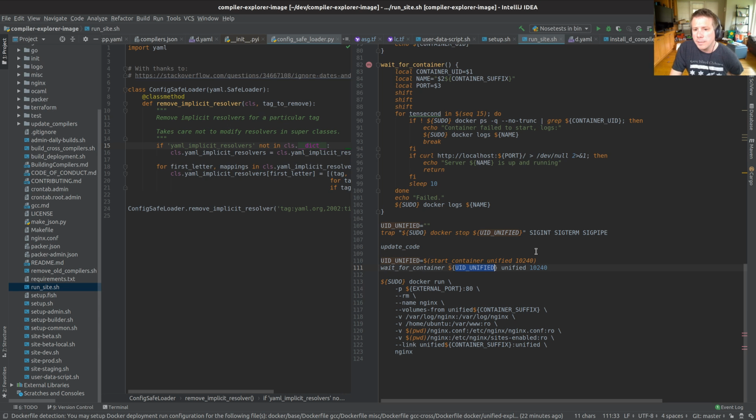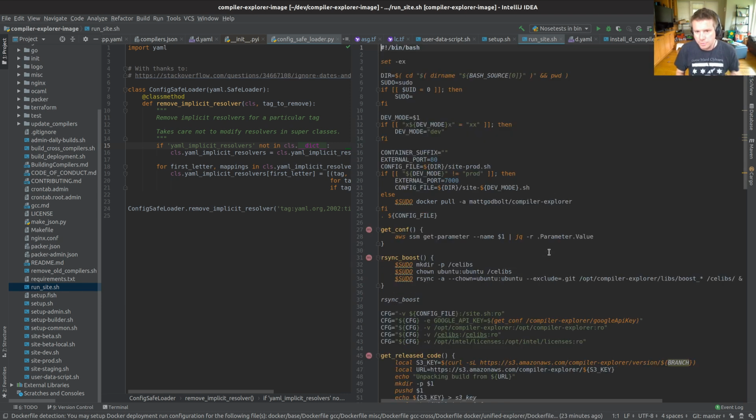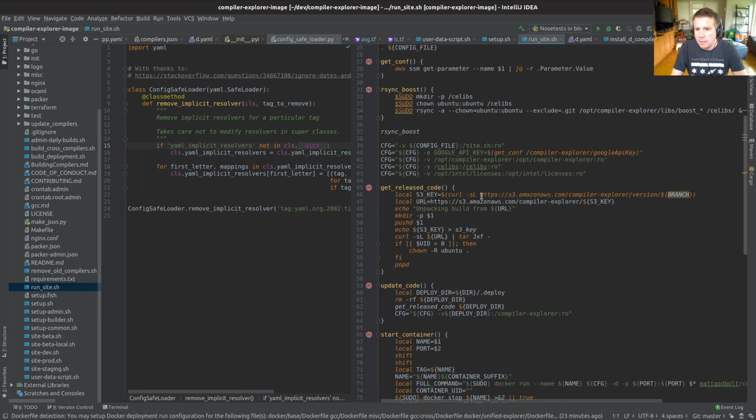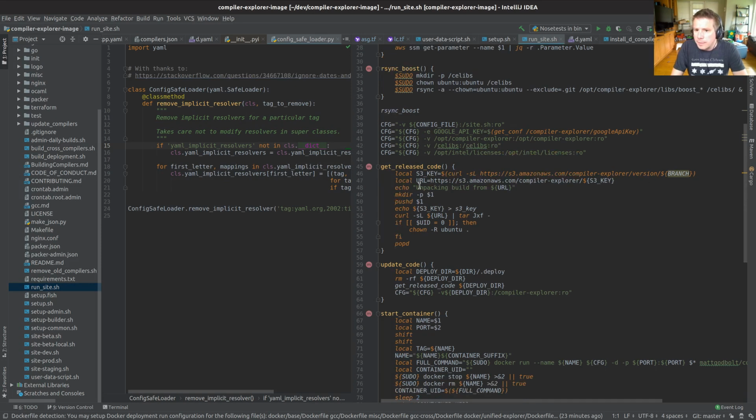Sorry, I'm thinking out loud here because I know that on the beta site, the name of the container is unified-beta. And that's so that when the log messages come out, I can see them in Papertrail, which is the log aggregation system I use. I can see that it's coming from the beta site because the name of the source is unified-beta. So I want to keep that for staging so I can tell the difference between a real production problem and just a staging environment. Okay.